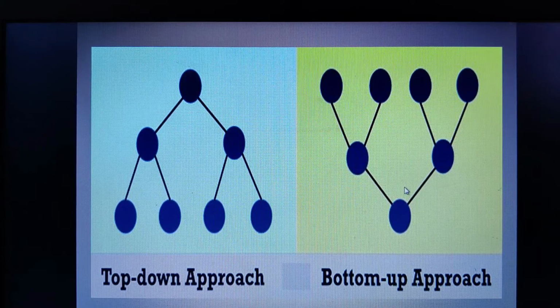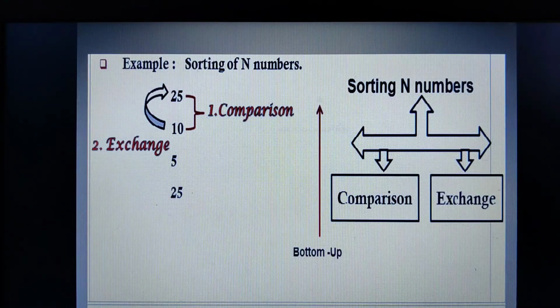Now let me explain this with a bottom-up approach example. Look at the sorting of n numbers. Sorting means you arrange the given numbers in either ascending or descending order. So first I will design the sub programs or the sub modules. I will write a code for comparison first.